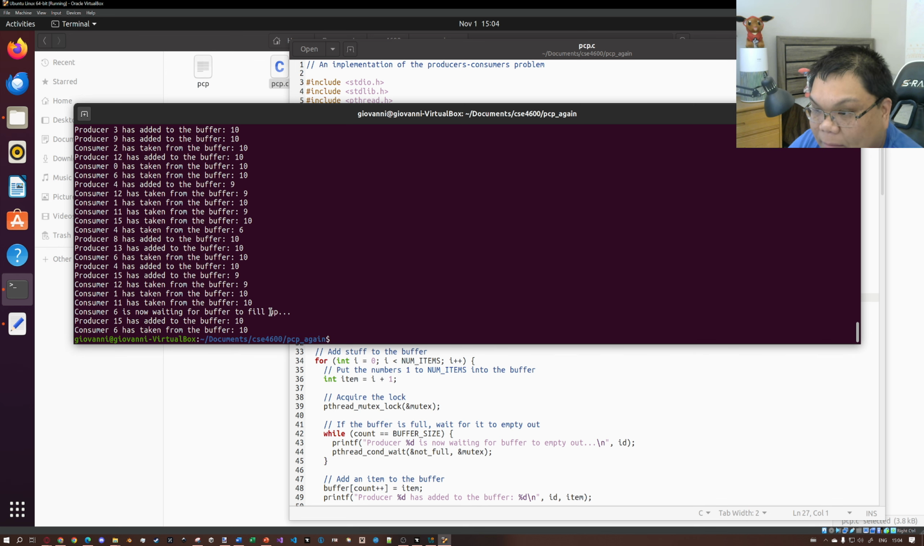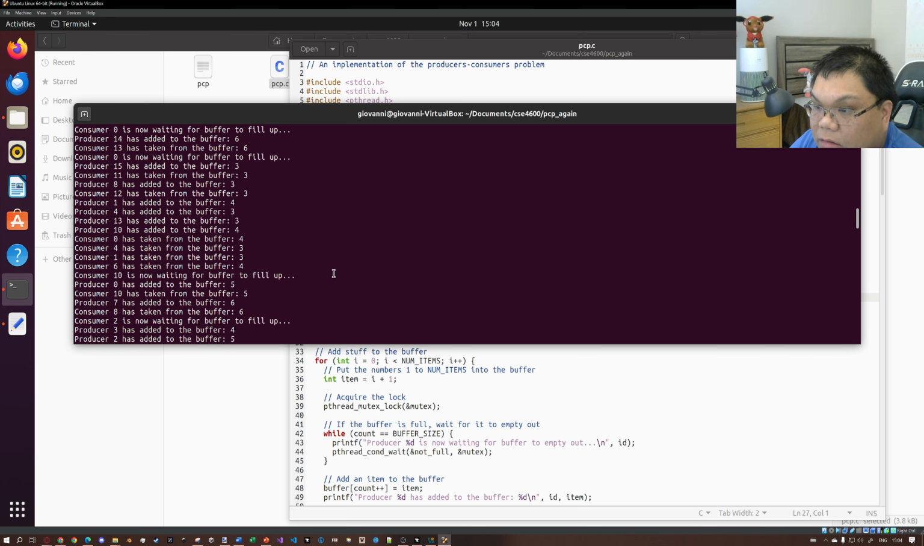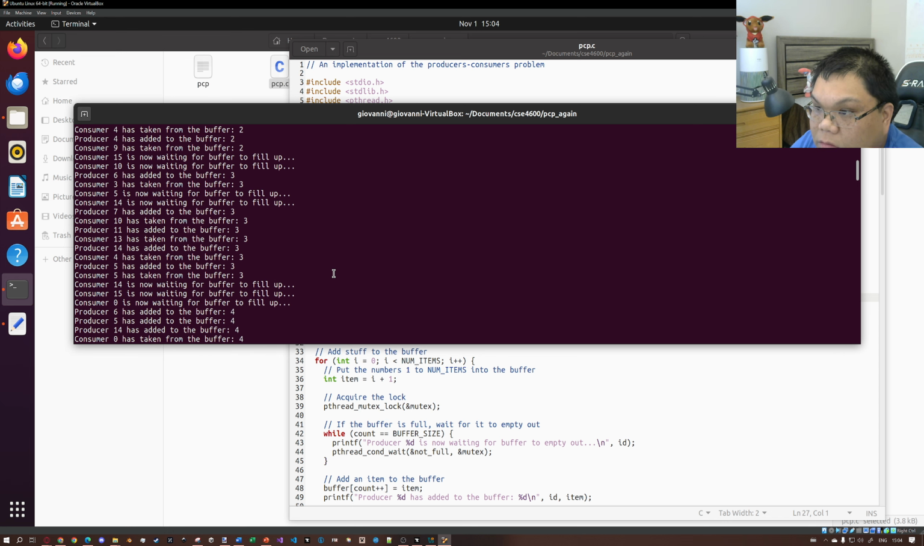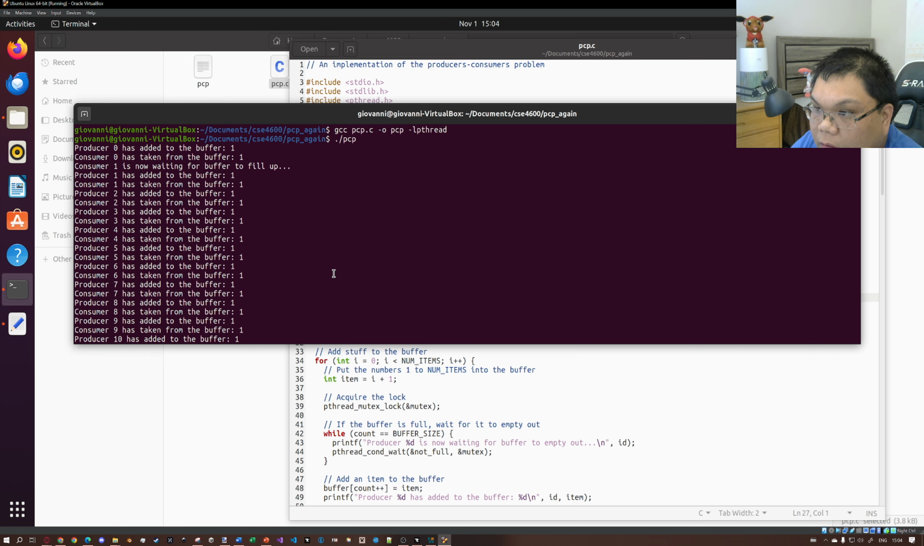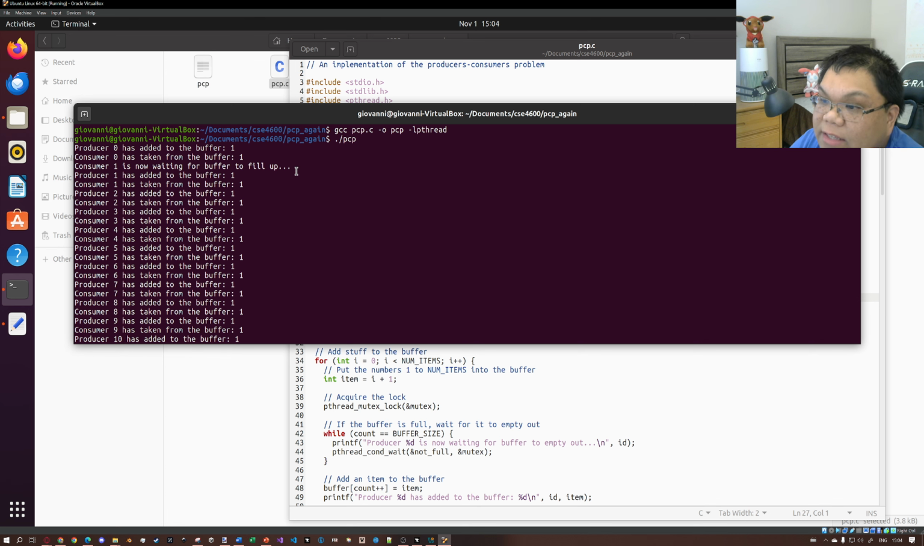Consumer 6 is now waiting for the buffer to fill up, and Consumer 6 has taken an item from the buffer. Waiting for buffer to fill up. I guess at one point, it decided that Consumer 1 had to run next, and then it tried to take from an empty buffer. So I guess we can try to imagine the order in which these threads were executing,